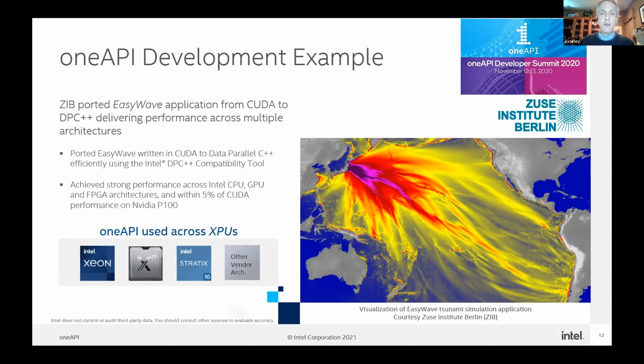And interestingly, they also picked up a compiler from a company called CodePlay, which has a SYCL and data parallel C++ compiler, and ran it on an NVIDIA GPU. What's interesting is that the results of the data parallel C++ code generated were within 5% of the CUDA code they started with. Now, that's quite an exceptional result. I don't know that it will happen every time, but their experience was really good.